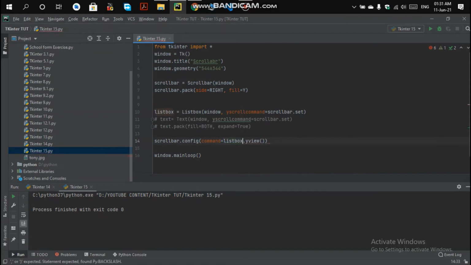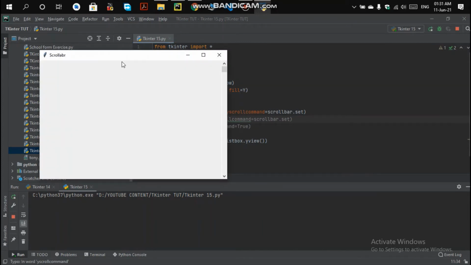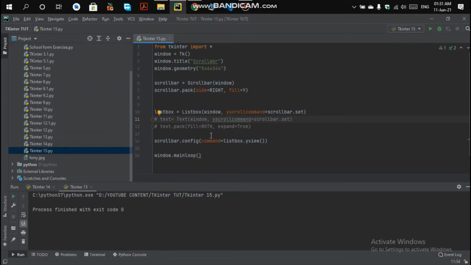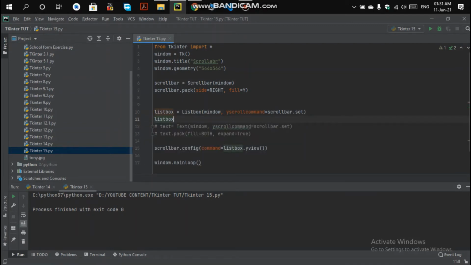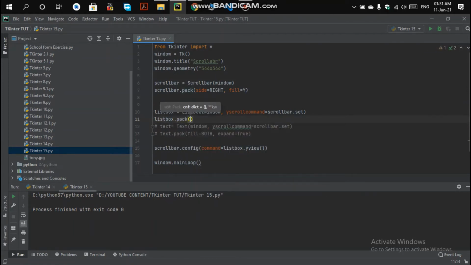When you run this, there is no text area and the list box is not appearing, because you have not packed your list box. So packing the list box with the pack method here.